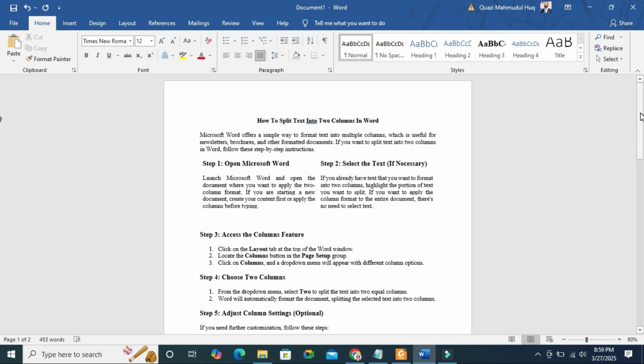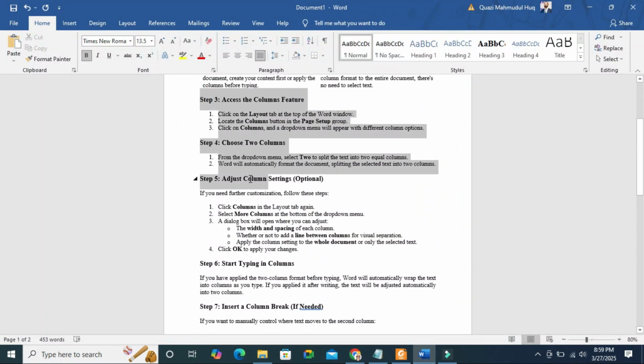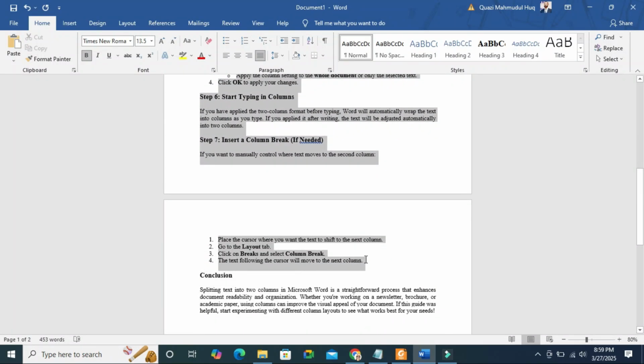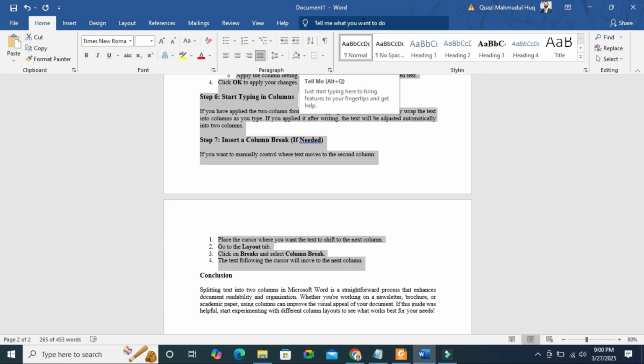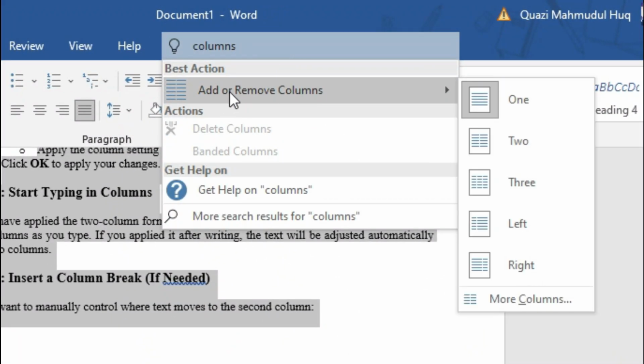Now I am going to show you the second method. Select the text and here, Tell me what you want to do. Click here, type columns. You will find here Add or Remove Columns, and now one is selected. Just click on two